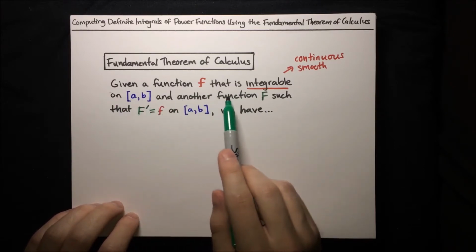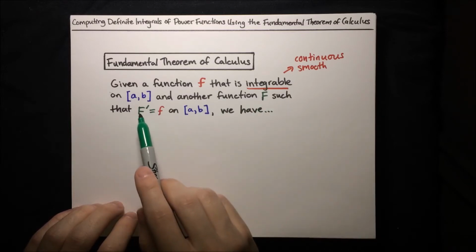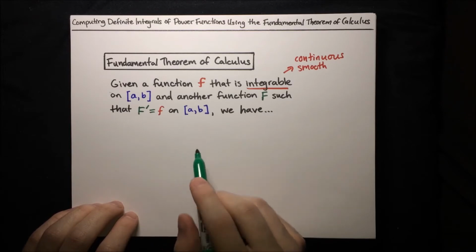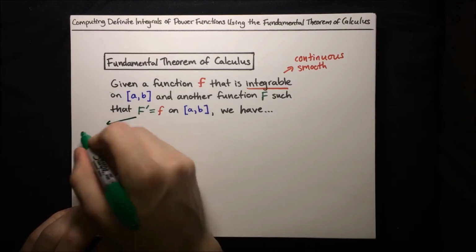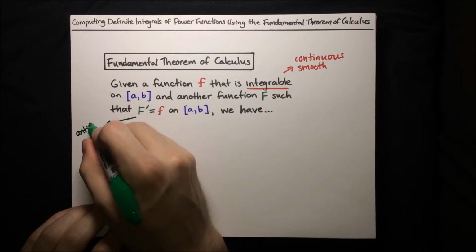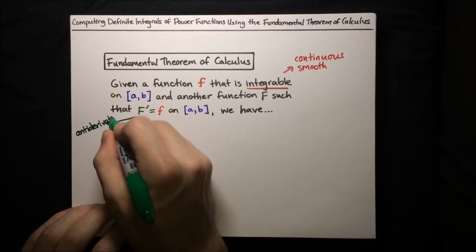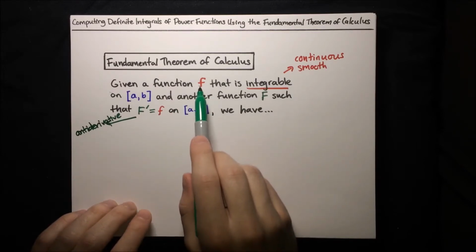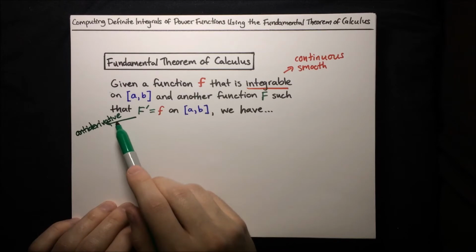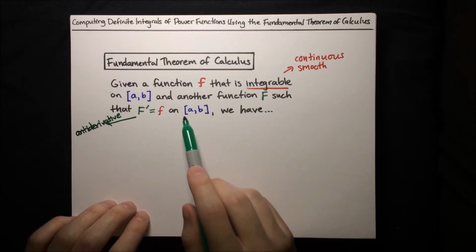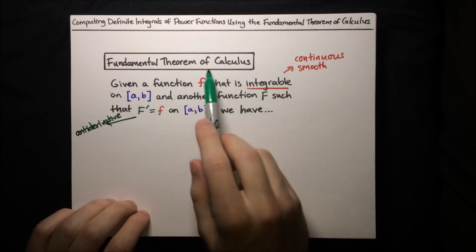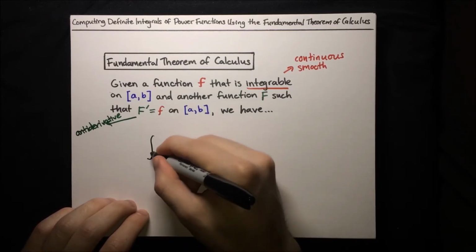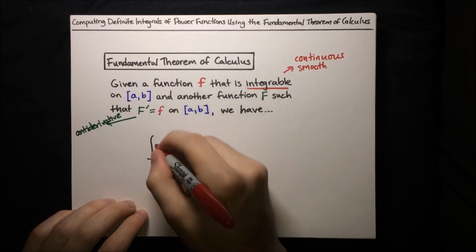Suppose we have another function, capital F, such that the derivative of capital F is lowercase f on this interval a to b. So in other words, capital F is really just an antiderivative for f. So suppose we have that integrable function, lowercase f, along with an antiderivative, uppercase F, on this interval a to b, then the fundamental theorem of calculus says that we have that the integral of lowercase f,